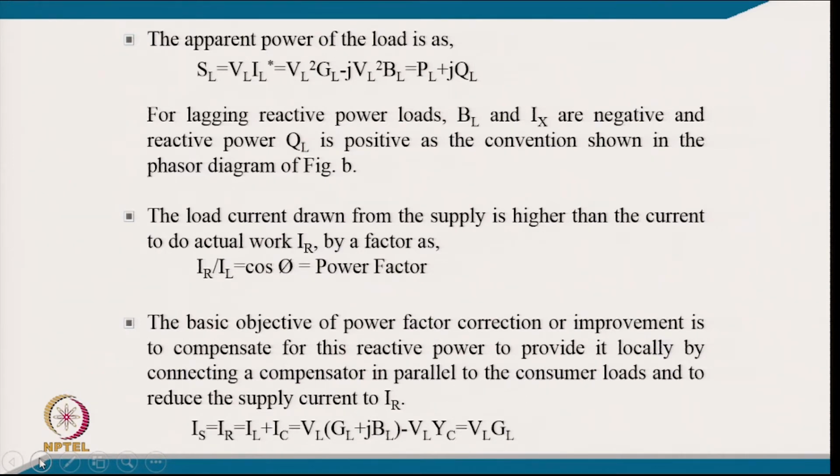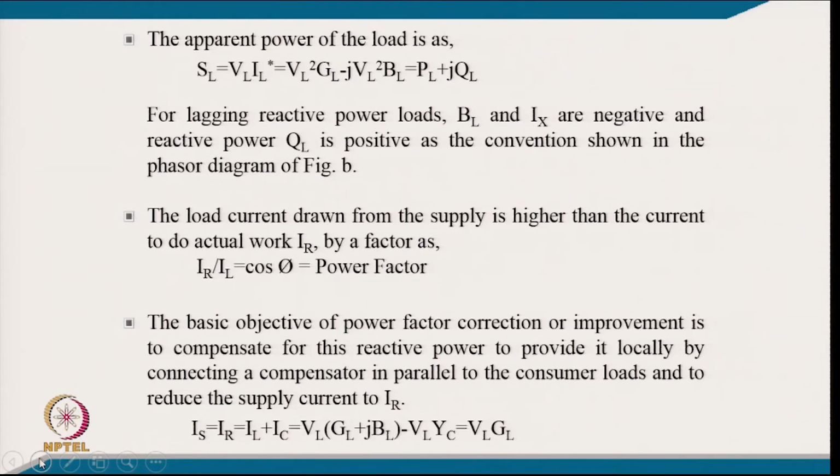As per the convention shown in the phasor diagram of the previous figure, the load current drawn from the supply is higher than the current that does the actual work, IR. The ratio IR upon IL is nothing but the power factor in this circuit. So, the basic objective of power factor correction, or power factor improvement, is to compensate for this reactive power by providing it locally, connecting a compensator in parallel to the consumer load, and to reduce the supply current